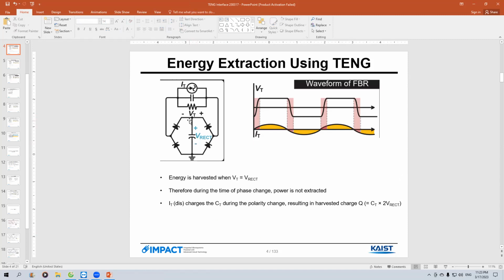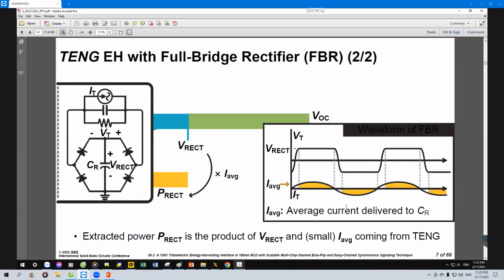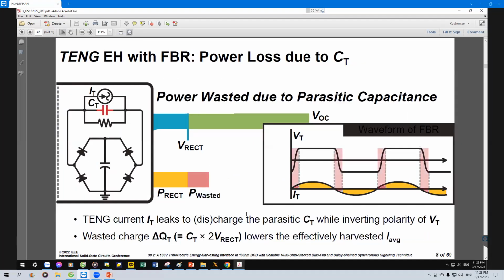So the energy flow to this cap is harvested, although in the presentation it says that the energy is based... Where? Here? The wasted charge. Yeah, only wasted during this